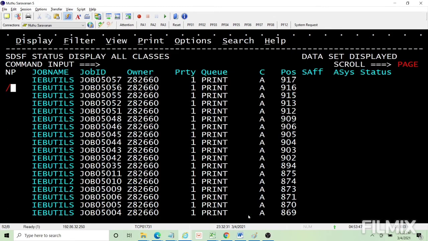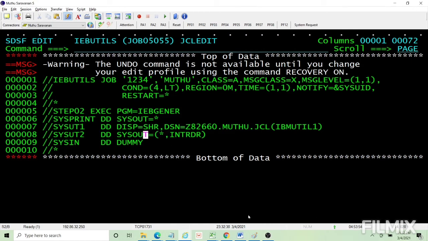Why I am saying this is, it is not a JCL-only way. The question is, how do you submit a job from a COBOL program? How do you submit a job from Natural, or from PL/1 or anything? You submit it this way.